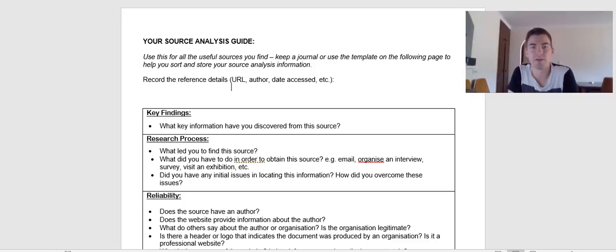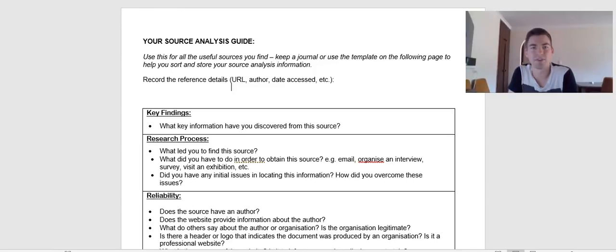This week we're starting out with this process, and we'll be looking to do essentially two of these source analyses each week. Once we've done 8 of them, that will form our folio, or the analysis of our sources, as well as the 2 pages of planning that you've done from your proposal. So this really is putting together bit by bit your folio, getting it ready for submission later on in the